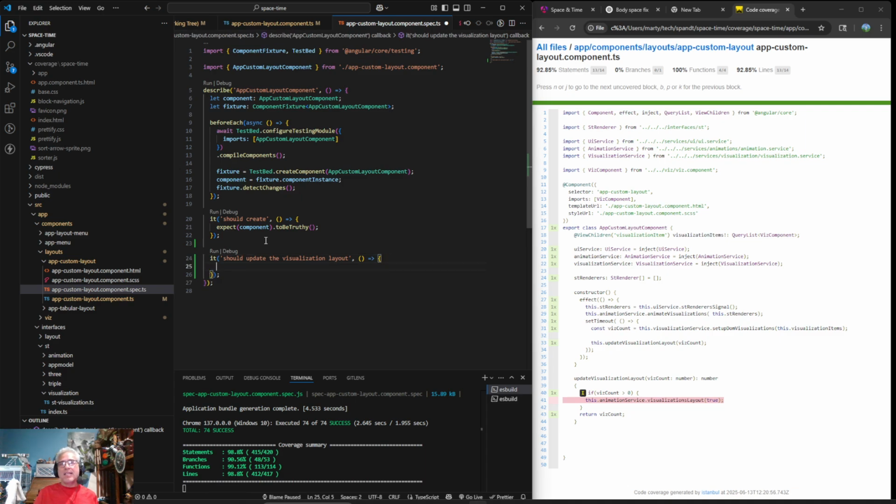And then the next thing is the actual code that we want to apply to our TypeScript.